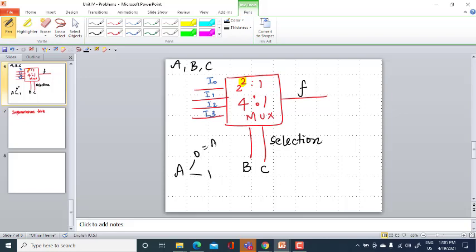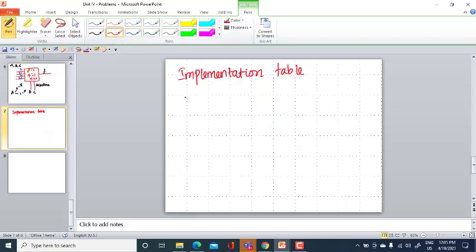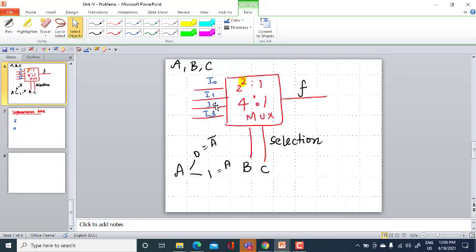If it is 0, it is A bar, and if it is 1, it is A. So here I will take A bar, 0 and 1. Here I0, I1, I2, I3. I0 will be selected if BC is 0 0. BC can be 00, 01, 10, 11.